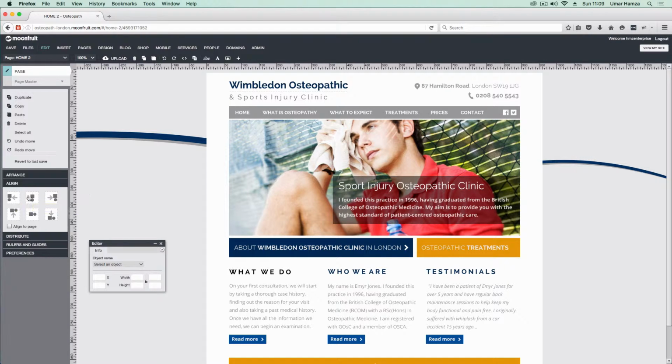In addition to align to the left, we have align to the center, and then we have align to the right, align top. This is align to the middle, and align to the bottom. So you have to be careful when you're aligning objects,